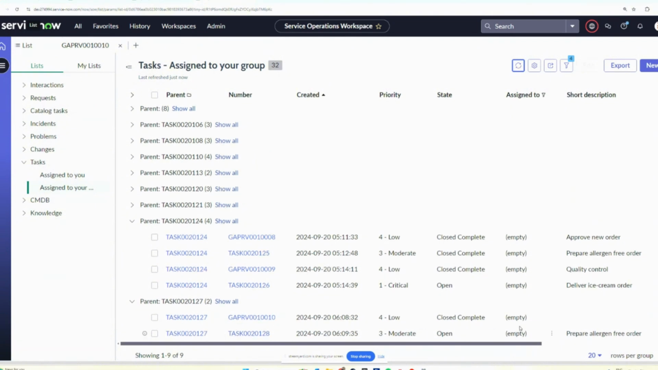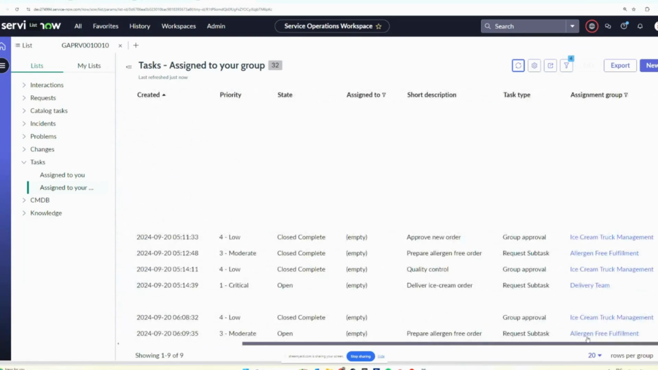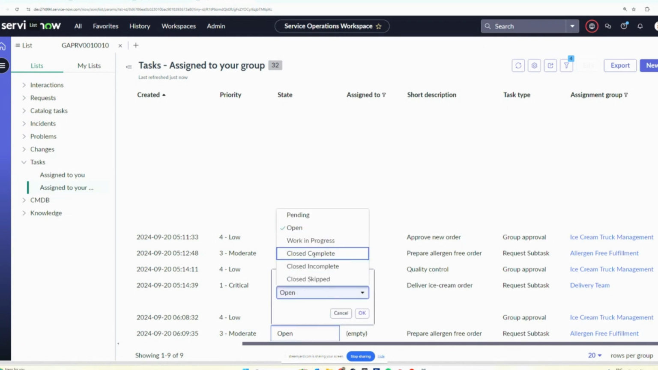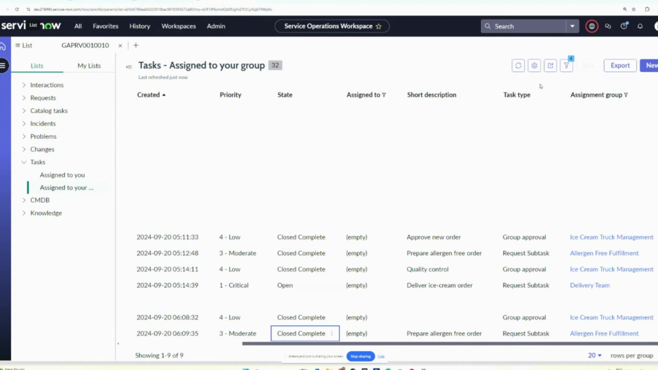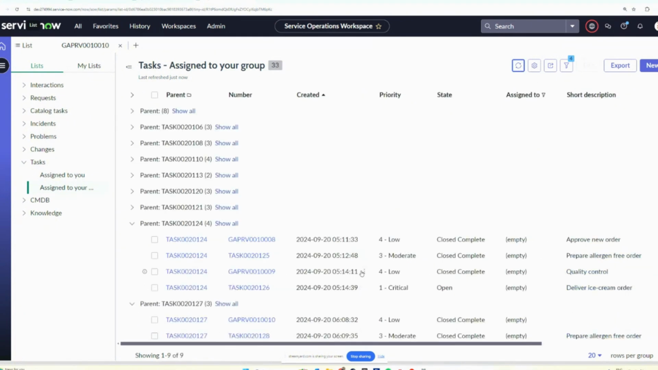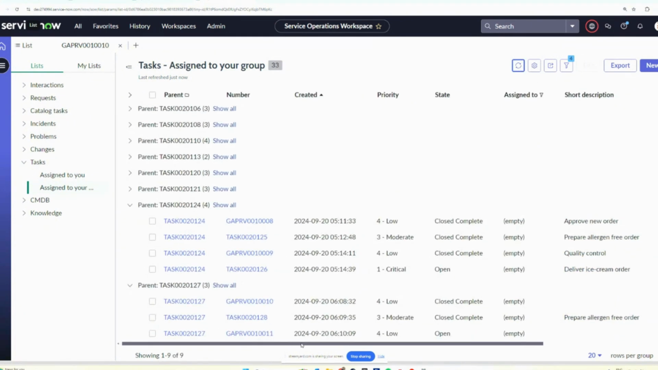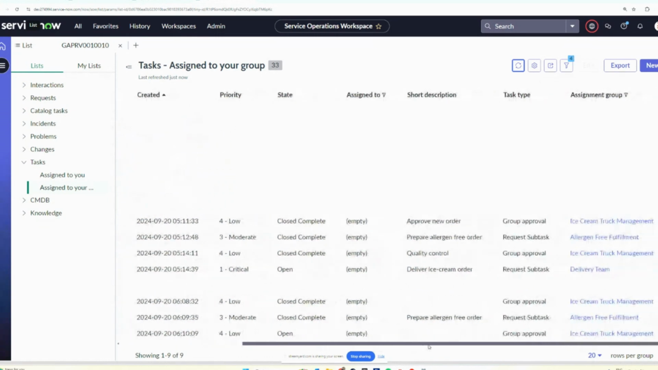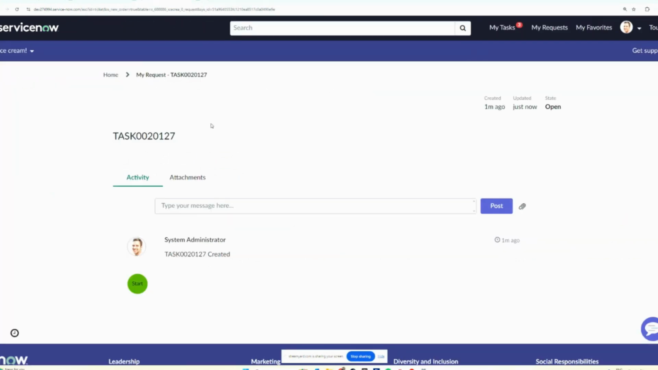So on the back of that approval being done, it's now created a child task within the parent task that's been assigned to the allergen-free fulfillment team for them to complete. And again, when they go in there and complete their step, just tick it through and then refresh my workspace, I should then see another approval task generated that's gone to the team for approval. So you can see it goes through that flow,